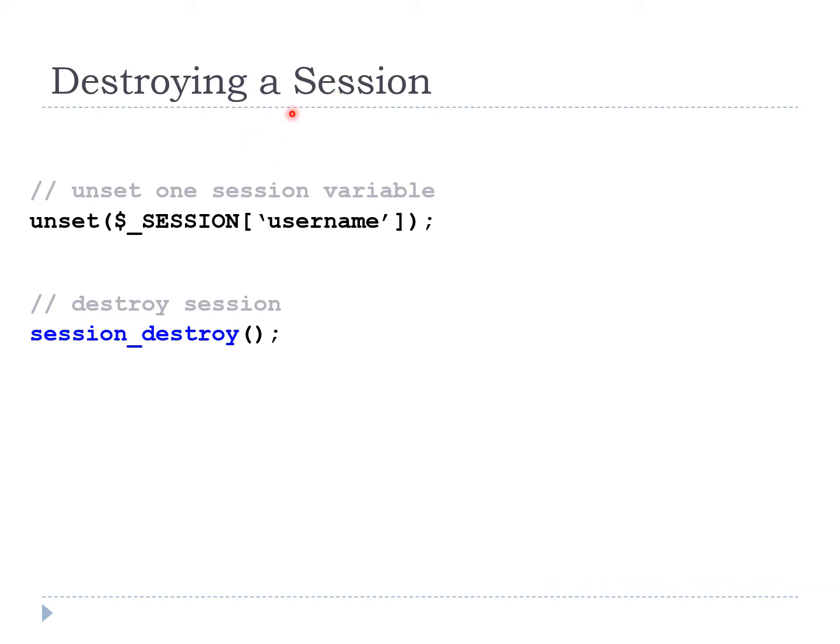So in order to destroy a session, we have the session_destroy function. And if you want to remove the data in a session variable, we have to use the unset function, unset of $_SESSION of username. So the data stored in username is destroyed. That is only destroyed using the unset function. If you want to delete everything related to a particular session, we have to use the session_destroy function.